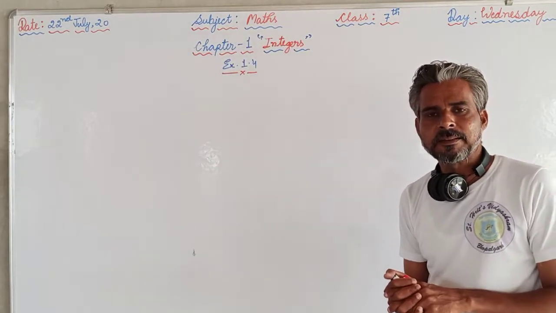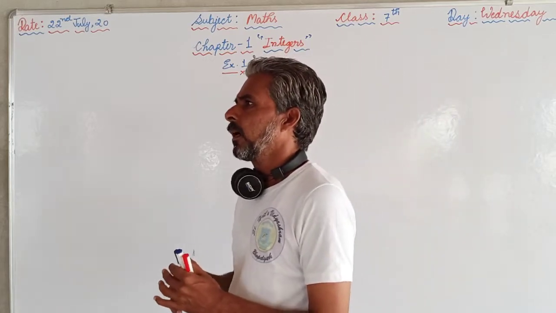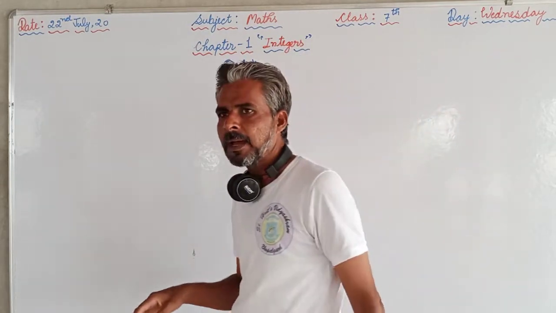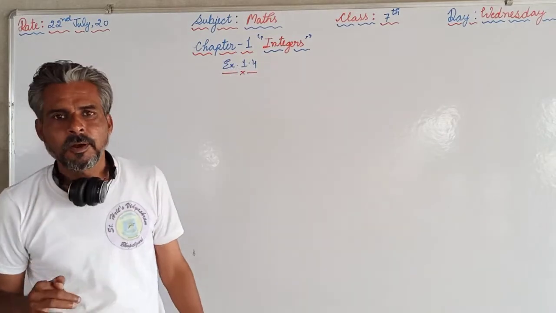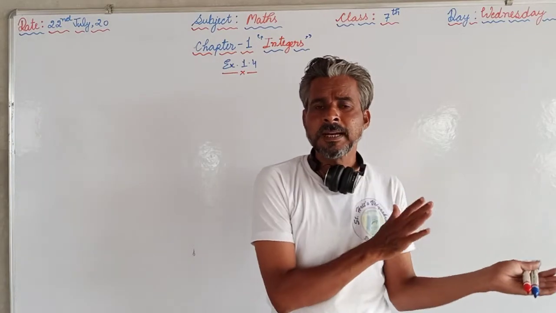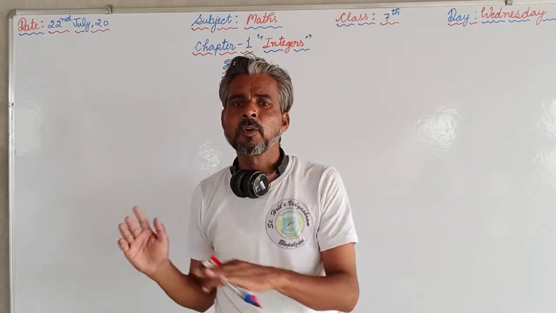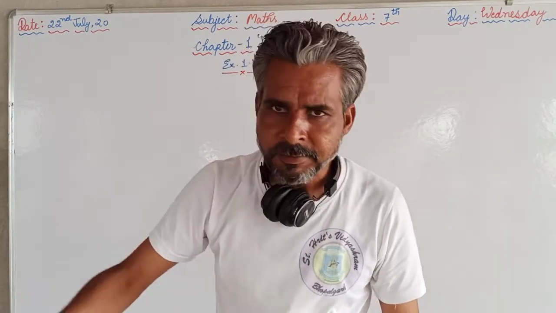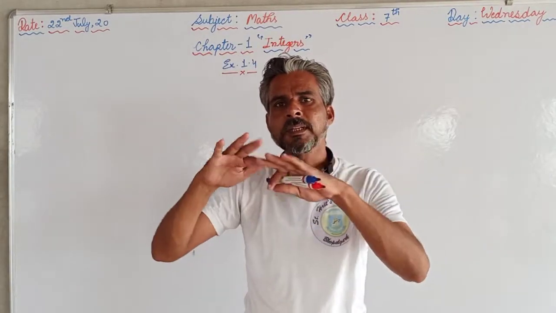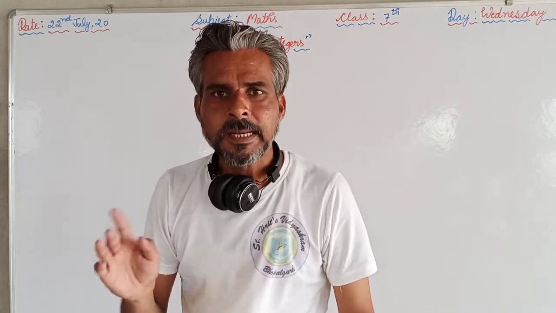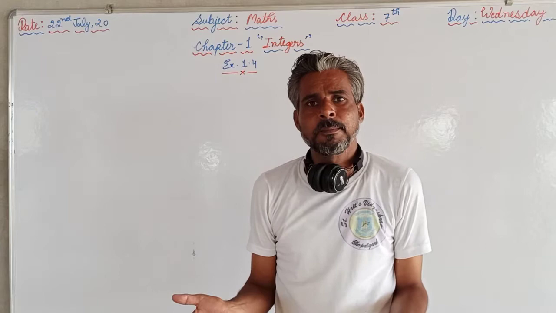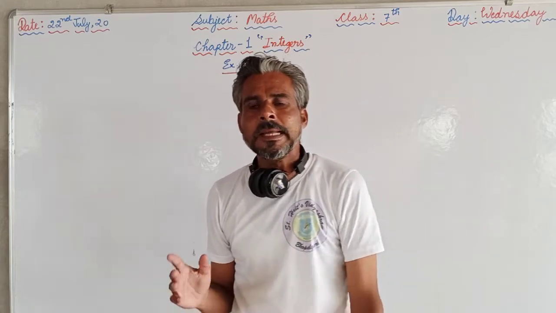This video is for class 7 and the subject is maths, and we are proceeding with chapter number 1, whose name is integers. Again today I will remind you the definition of integers. Integers is a collection of all negative numbers and positive numbers along with zero. Whatever negative numbers there can be, whatever positive numbers there can be, including zero. Zero is also a part of integers. This whole set and whole collection of negative numbers, positive numbers and zero is called integers.